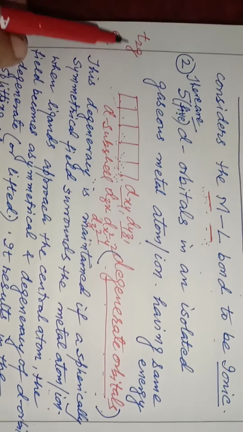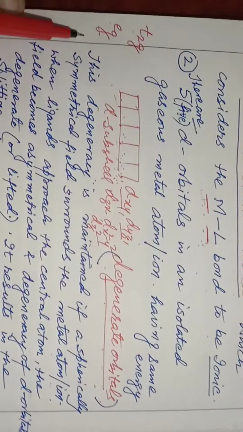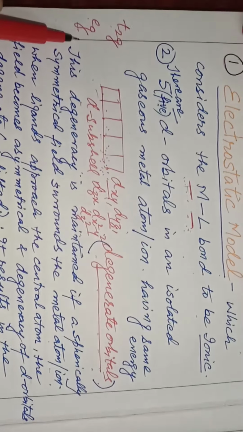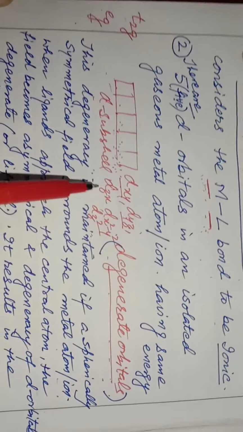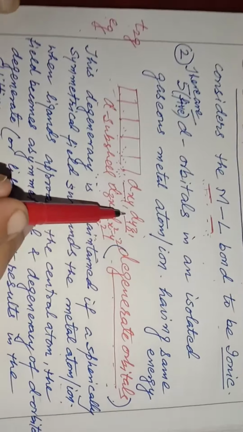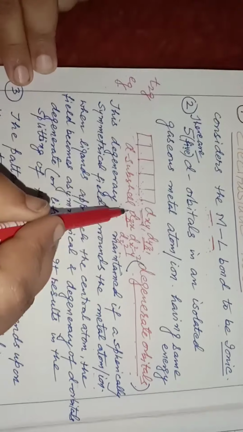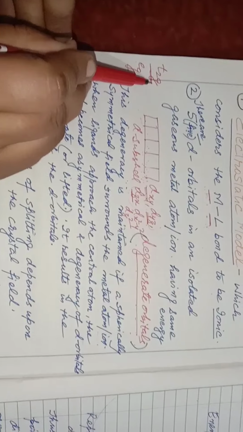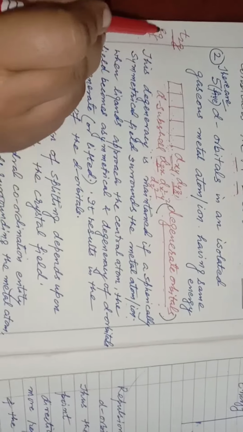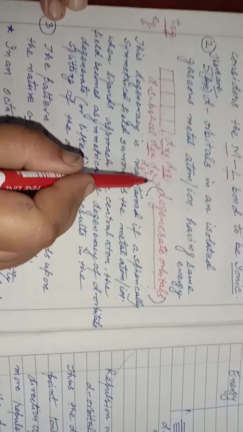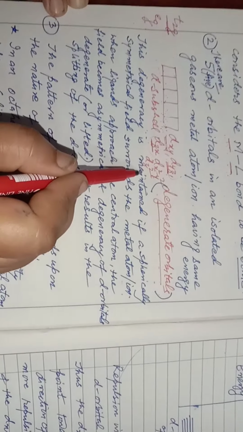These are spectroscopic terms. The detail of these terms is beyond the scope. You just learn T2g and Eg. Now what is T2g? These 3 d orbitals dxy, dyz and dzx together form T2g, and Eg will be formed by these two orbitals, that is dx square minus y square and dz square.